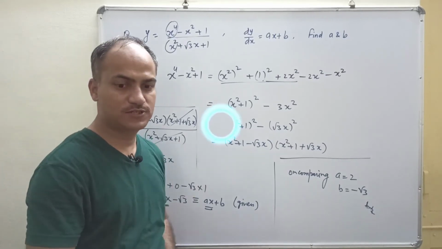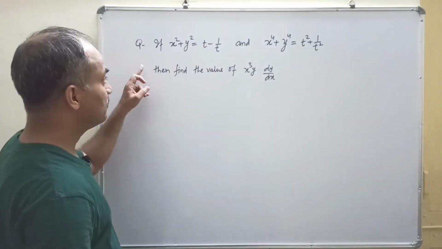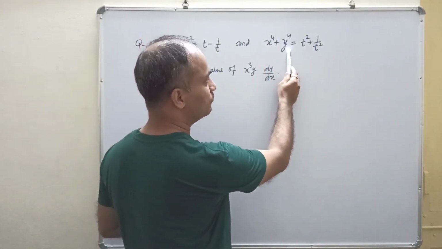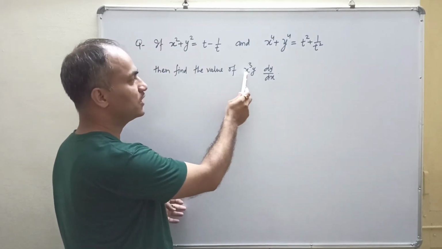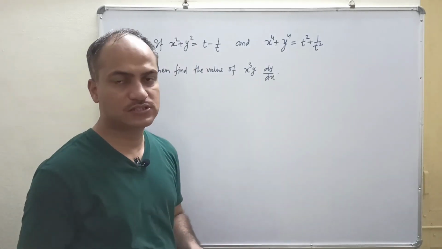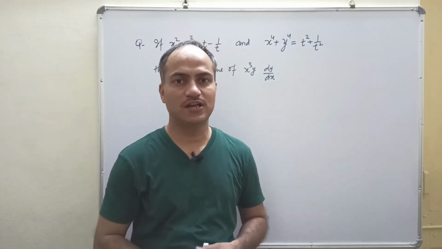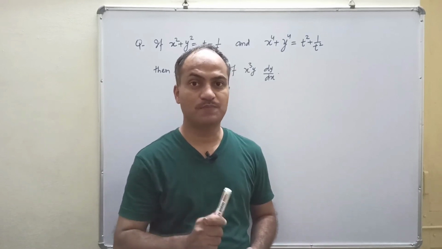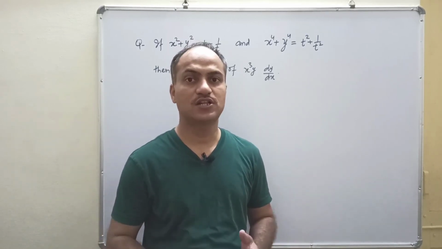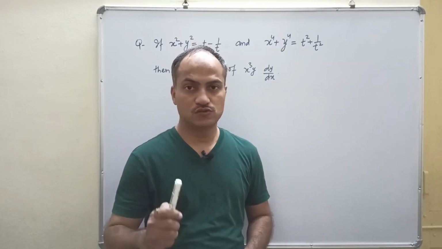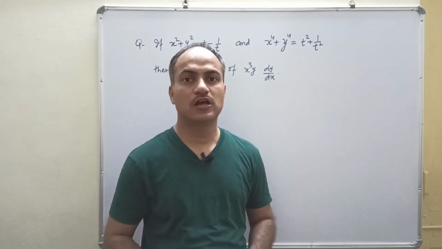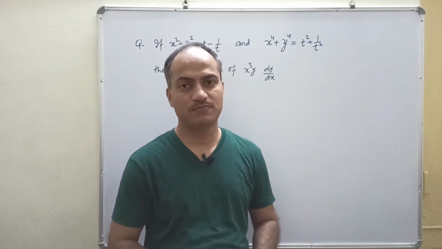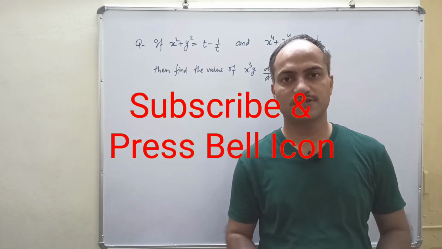Now let us do one more question. I'm giving you this question: x square plus y square is given, x to the power 4 plus y to the power 4 is given, and we have to find the value of x cube y into dy upon dx. This question will certainly test your skills and give you something to think about. If you start your thinking process, definitely you will understand the concepts in a better way. Whenever you're doing anything, focus on the concepts and the learning part also, then certainly the output will be better. You can see the solution of this question in the next video.